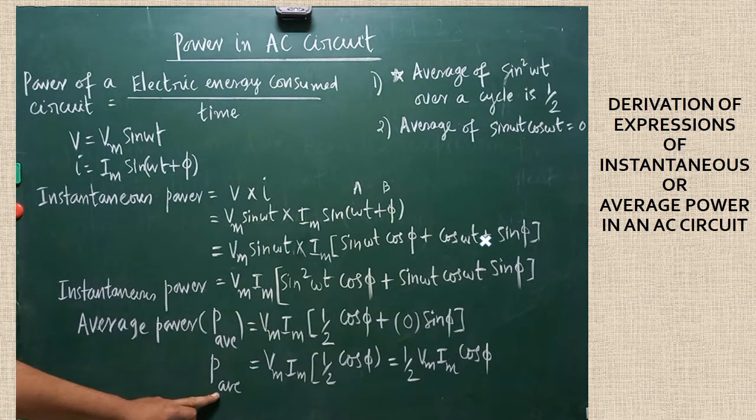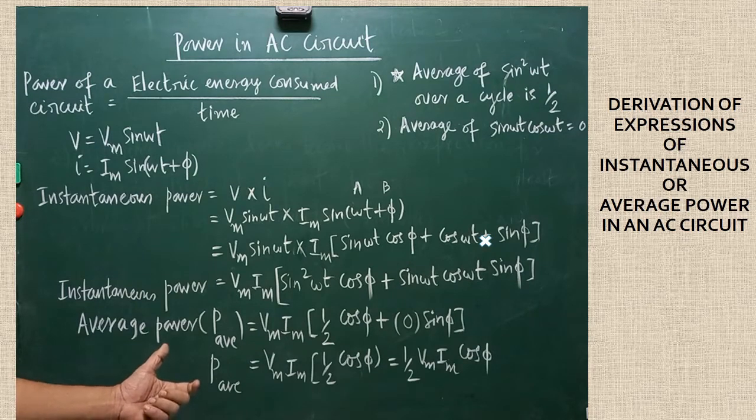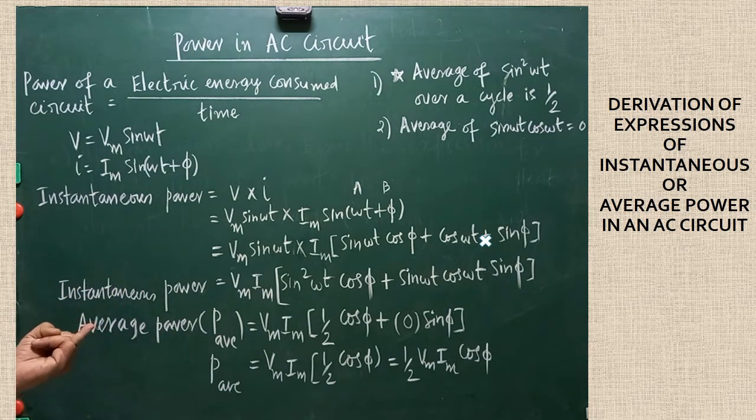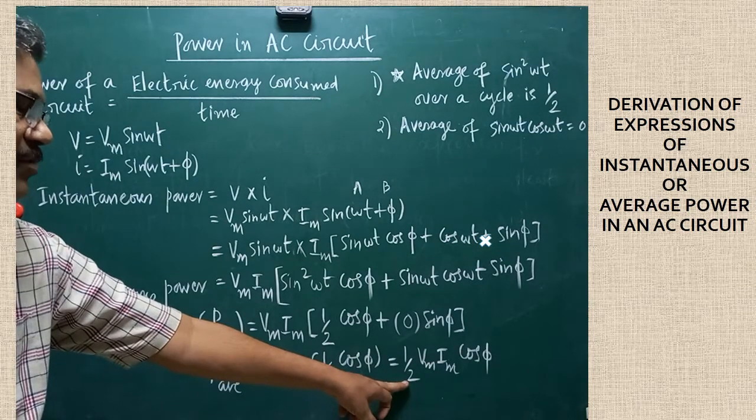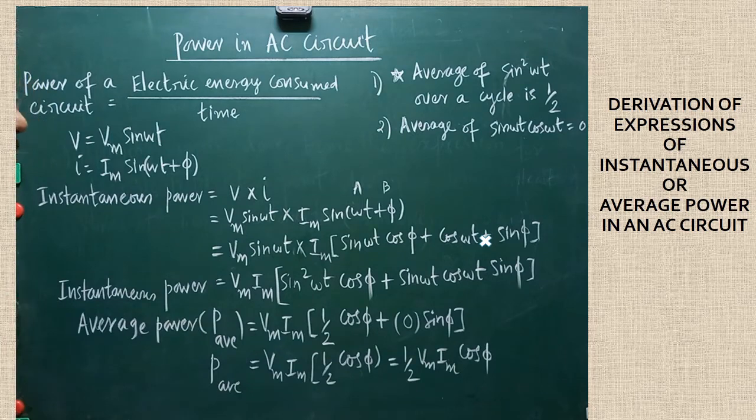Because finally we have to calculate the P average. Already we have calculated the average current and average voltage in the previous derivations. Are you clear? Since both current and voltage are sinusoidally varying, we are in a position to calculate the average power also. To calculate the average power in any AC circuit, this formula must be used. Very important one: half into Vm into Im into cos pi. That is the expression. Okay. I'll continue the rest of the derivation now.